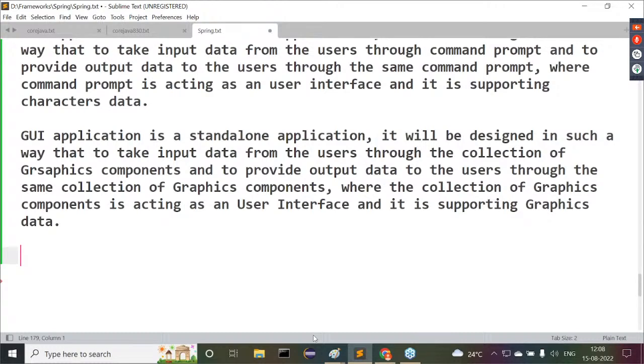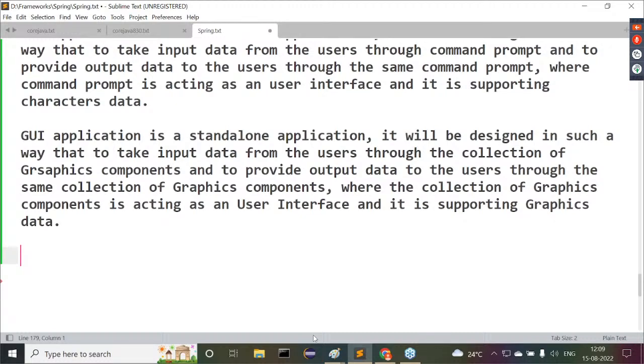Very simple. Both are standalone applications only. Of course, in distributed applications also, to prepare client programs, you may use either of these, but I'm not thinking about it. Only up to this part is standalone application. A standalone application is designed and executed without using client server architecture or without distributing application logic over multiple machines. Then that application is called a